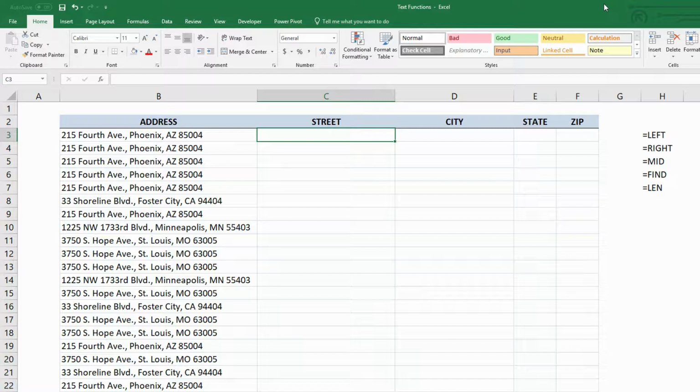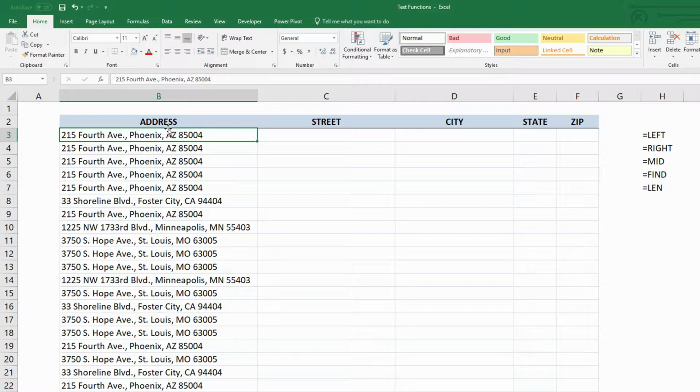information out. Now, a little disclaimer here, we're going to run into a situation where we could have different types of addresses. For example, you see here all these addresses are street address, city, state, zip code, and none of them have things like a suite number or an apartment number, that sort of additional component between the street address and the city. If you want to see how to handle that problem, go back and watch 2 videos earlier